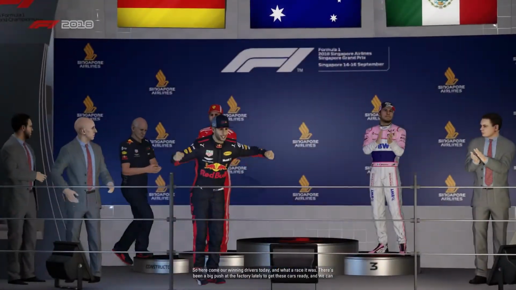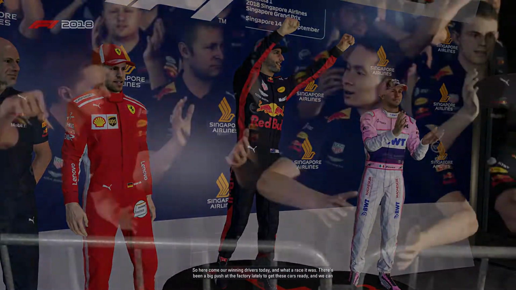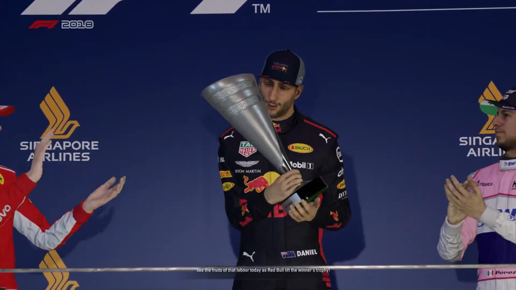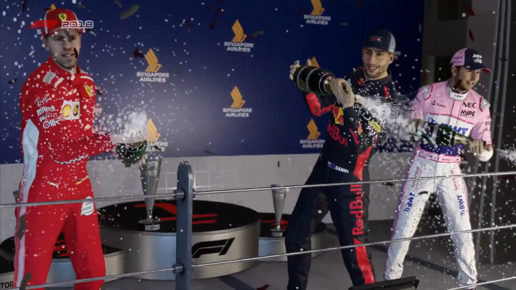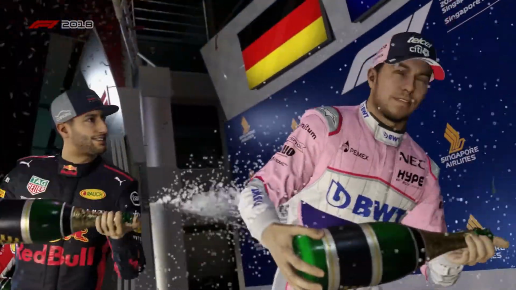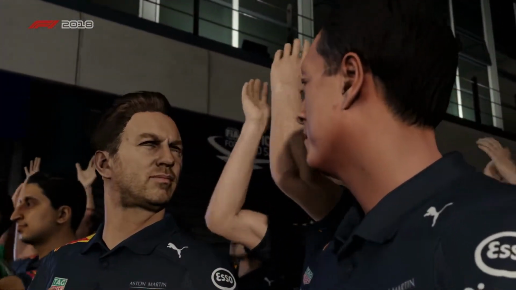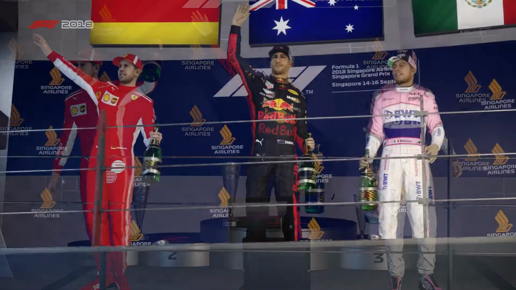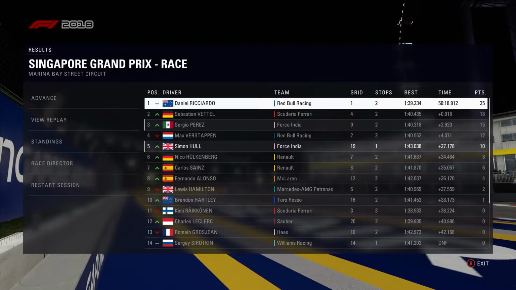So here come our winning drivers today, and what a race it was. There's been a big push at the factory lately to get these cars ready, and we can see the fruits of that labour today as Red Bull lift the winner's trophy. So Daniel Ricciardo for Red Bull, after a two-stop strategy, it appeared to work for the top runners, wins the